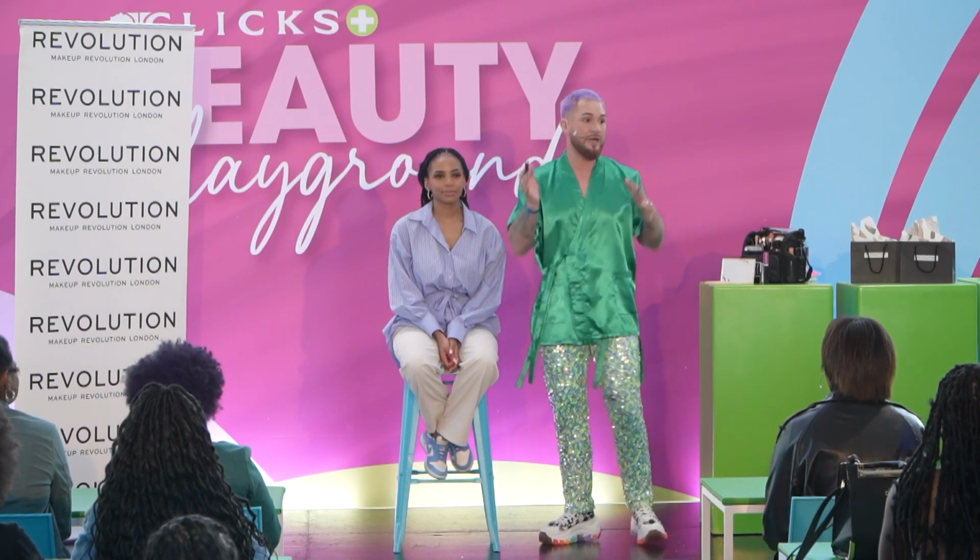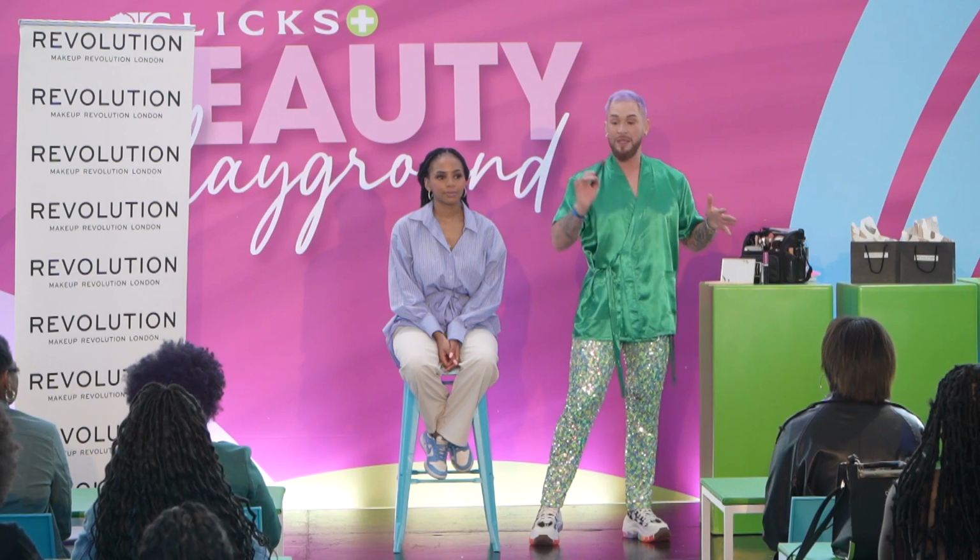So I'm taking this, the foundation brush I used on Bassie right in the beginning before prepping her, and there's still foundation on it. I use this as a magic eraser. You've got to wash your brushes. But while you're doing, you can leave it. So I love a little tapered brush like this, and you can look straight ahead for me, love. And I literally use it as a razor. And I'm taking it from the corner of the eye there, that waterline, and I'm taking it like 45 degree